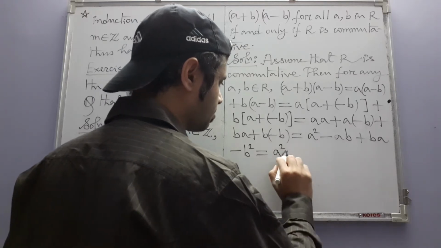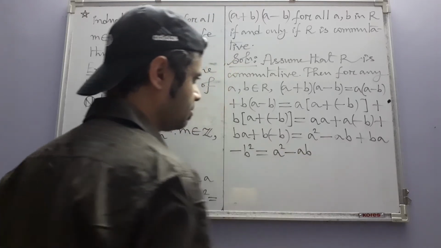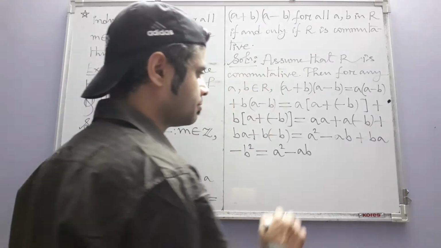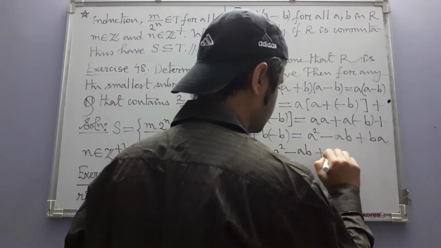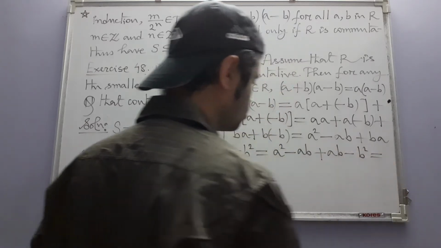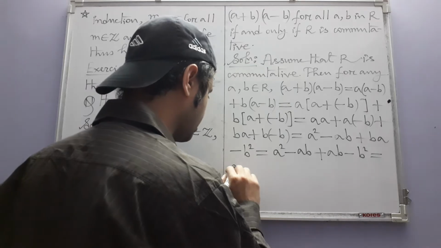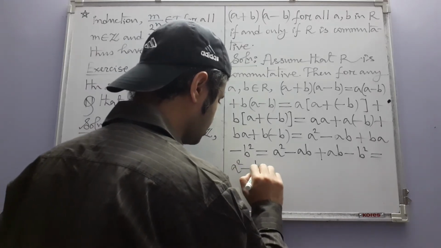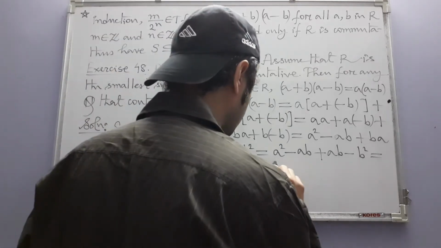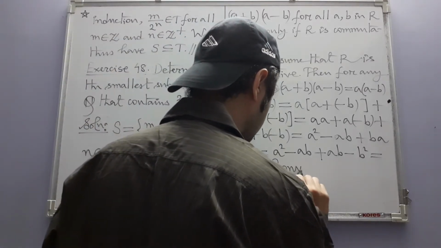So A square minus AB. Now because R has been assumed to be commutative, so BA is AB. So these two things cancel out and we are left with A square minus B square. Okay. Conversely,